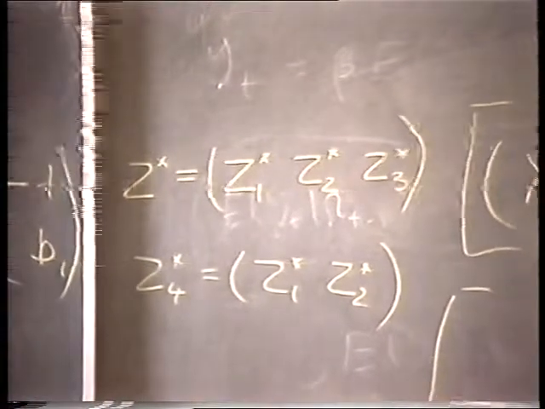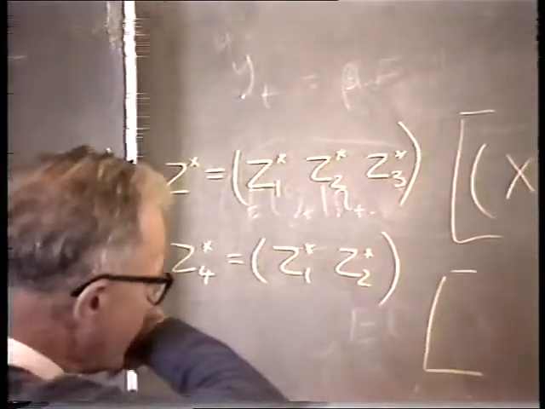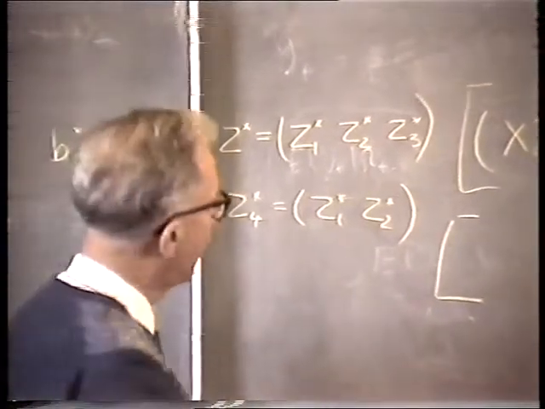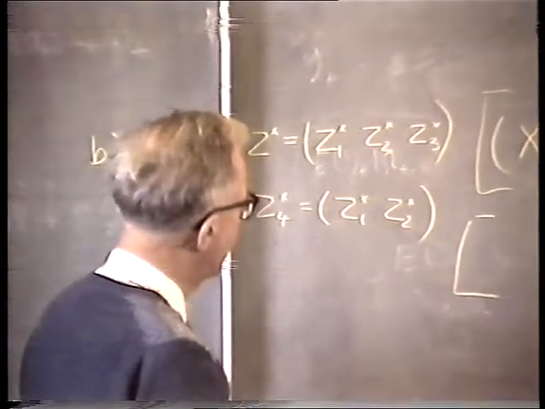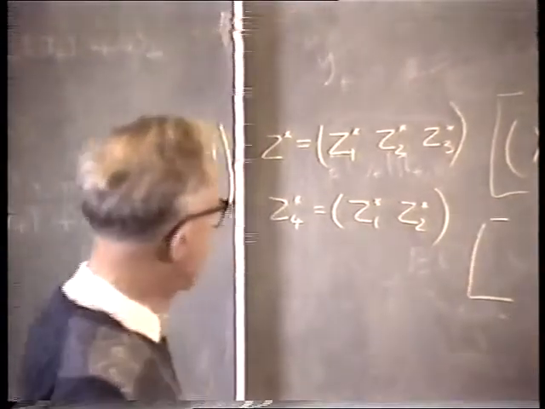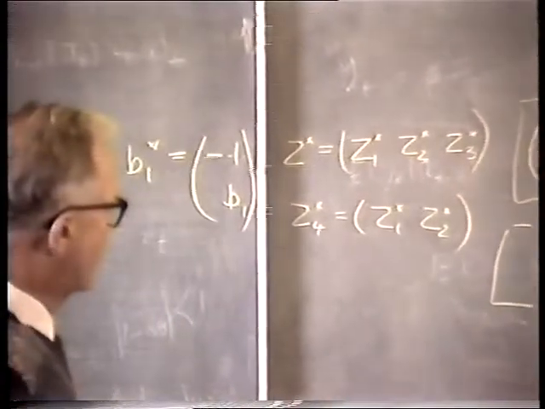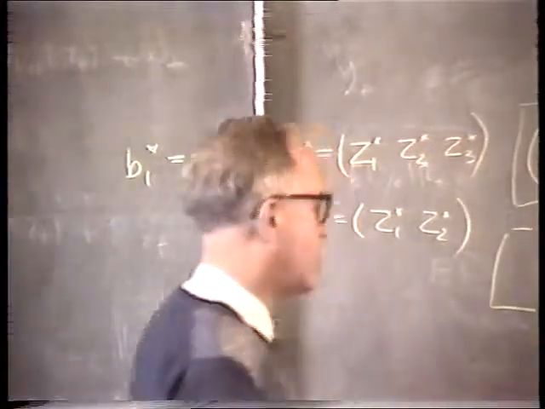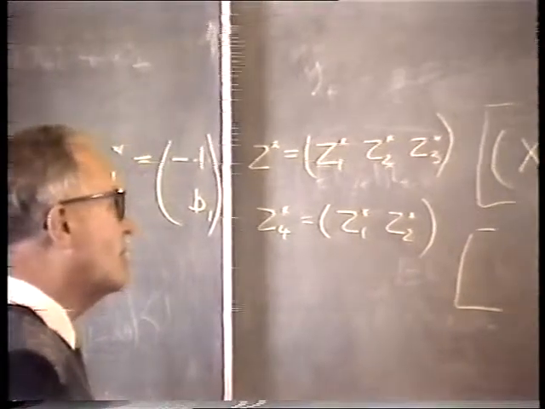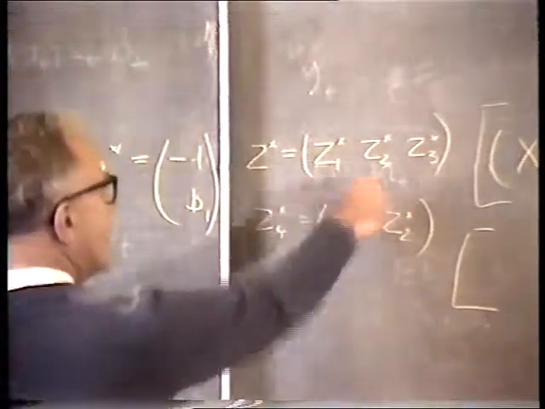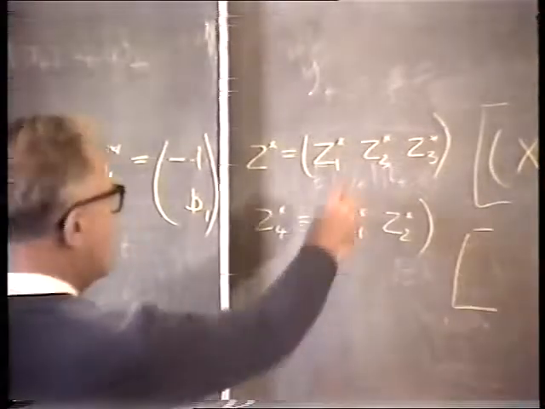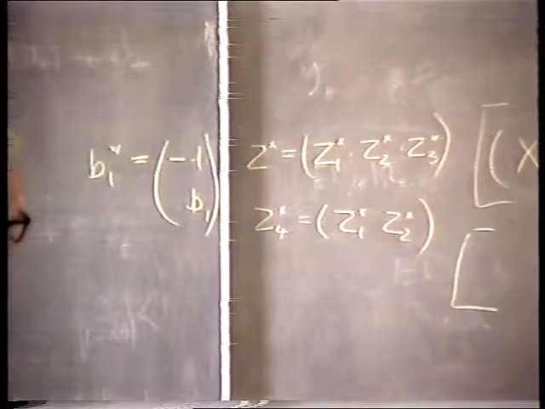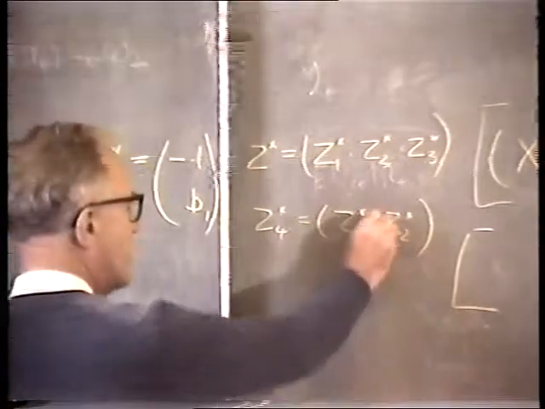As I say, if you want to use arbitrary instrumental variables, then you can add them to the set Z star before making this division into Z4 star and Z3 star, before dividing the Z star into Z4 star and Z3 star. Clear why I'm using Z4 star at this stage. It's more convenient to have the partition into three sets and then define Z4 star as the combination of two of these sets.